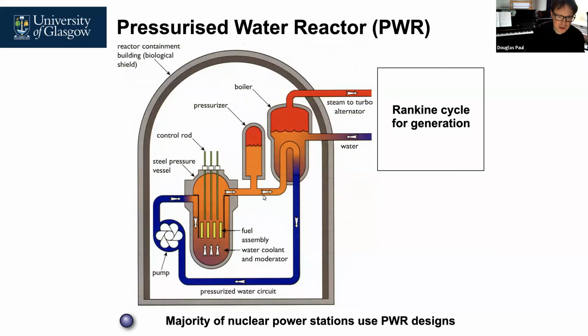And there ended up being a break in this pressurized water loop to take the heat away from the fuel. And it was the hydrogen and oxygen recombining and exploding that blew the top off this containment vessel that keeps the radiation in, and is there in case there is an accident like that. You then also have another heat exchanger to basically transfer heat into the water that goes around the Rankine cycle